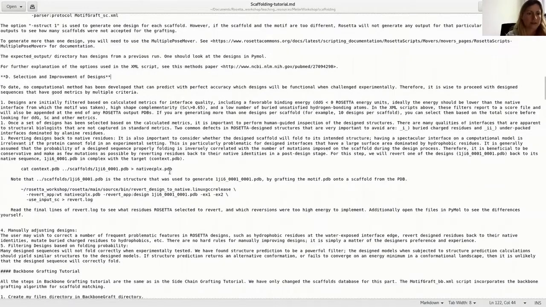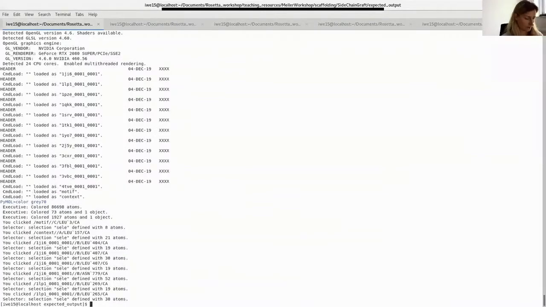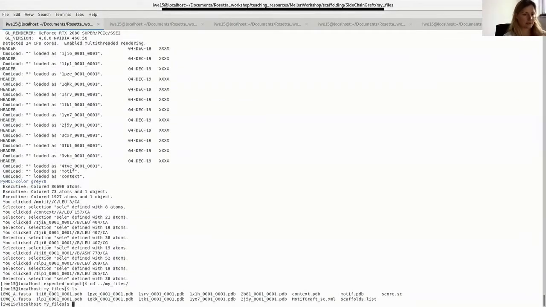So what's happening here is that we're going to combine the context PDB with the scaffold protein and make a complex out of it. Obviously, this would not be binding correctly. And then we're going to compare it to our design, and every amino acid that's different, we're going to check out whether it was actually necessary for the score. So I'm going to execute this in this window. Let's move back into my files and get this started. We're going to combine the context PDB and the scaffold